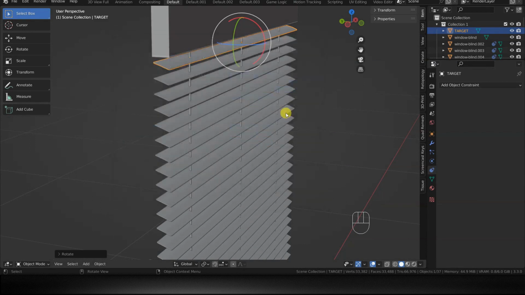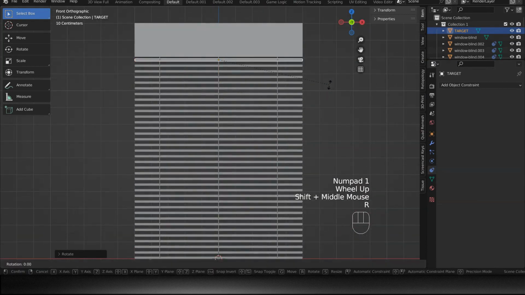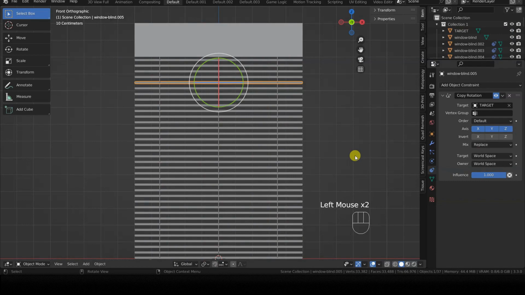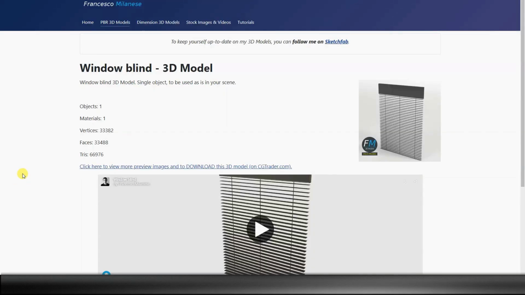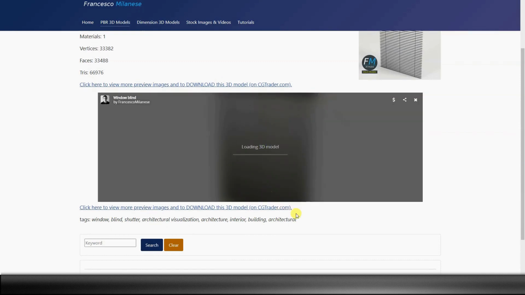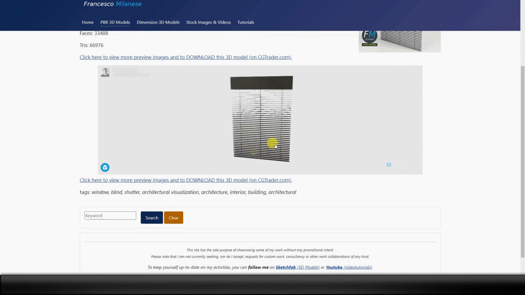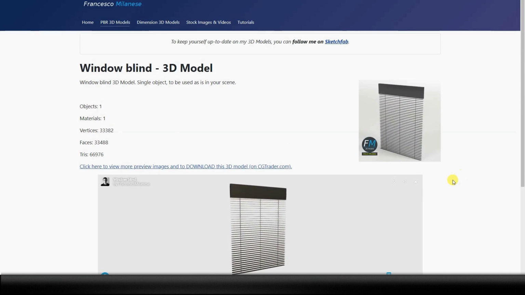This is a basic tutorial, aimed at those who are still new to Blender. We will cover topics such as separating an object into multiple objects, the origin of geometries, and of course, the copy rotation constraint. To show you a practical example, I will use a 3D model I created representing Venetian blinds. Since one of the best ways to learn something is to try it firsthand, you can download this 3D model, under an educational license, from the link found in the video description.